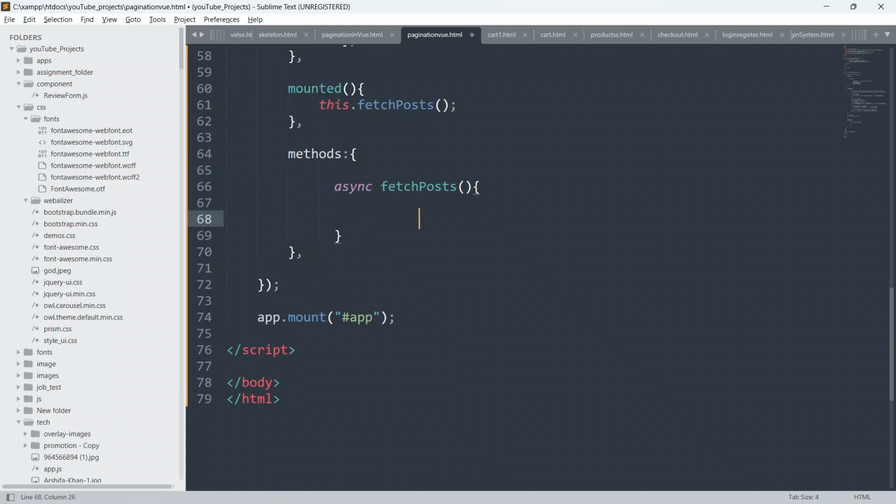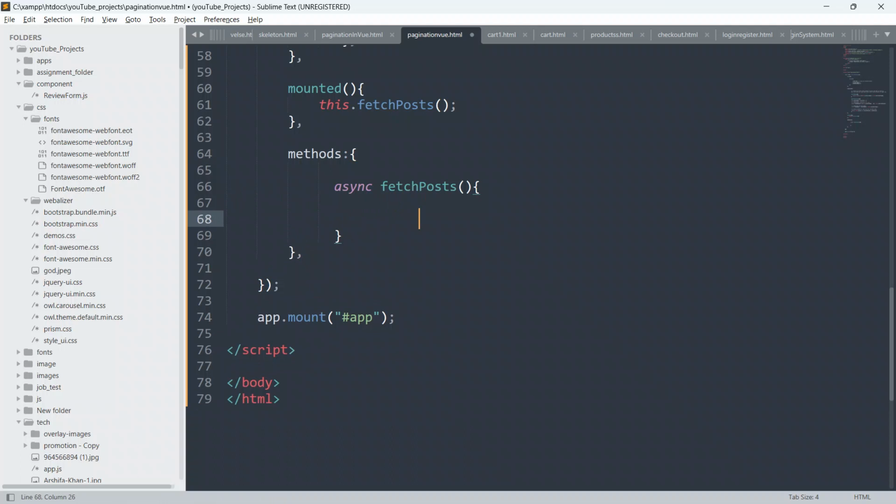If something bad happens to the try block, then it will throw the error, and the catch block will catch it, and it will show the user that this is the error, so please wait for some time, or something bad has happened, please try to connect after some time.